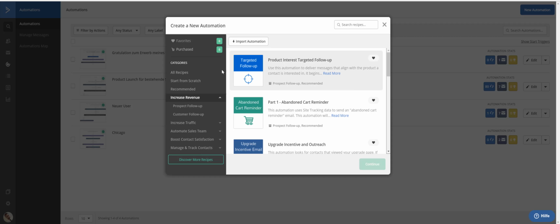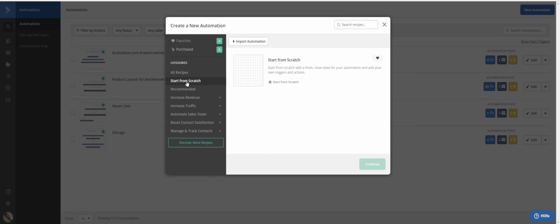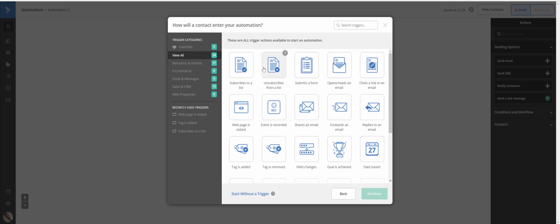But I don't want to confuse it too much, and I think it's just the best if we just start blank from scratch, so that you can see the canvas and the user interface and see how it rolls. So the first thing you can see is that something has to trigger an automation, right? And an automation, hopefully this is clear if I didn't mention it so far, is basically something that triggers actions,